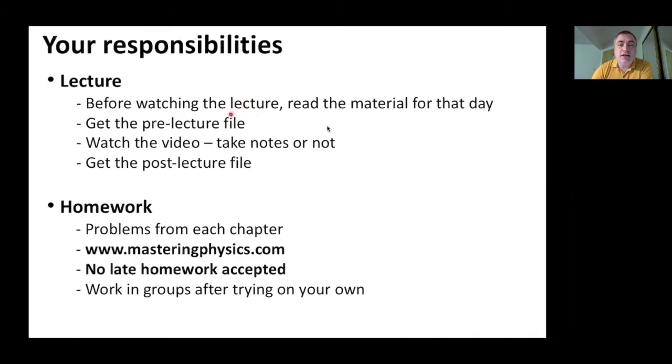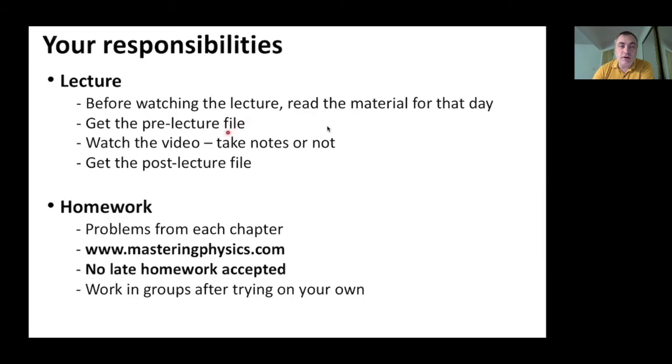Get a basic understanding, skip over parts that you don't understand, maybe make a note of the parts you don't understand. And then when you're actually watching the lecture file, you can learn more actively. You know the things that made no sense to you, or the things that you need to know, and you can look for clues in the lecture to help with your understanding. Also, it can help with the homework, because if you've already read the material and maybe even looked at the homework, you are listening to the lecture looking for solutions, things that will help you solve the homework problems. So read the material for the day, don't dwell on it, but get through it.